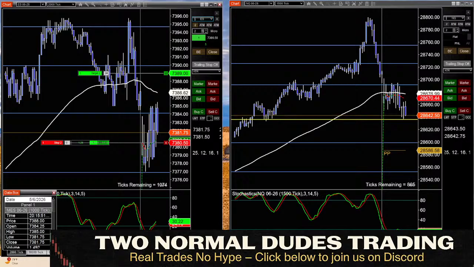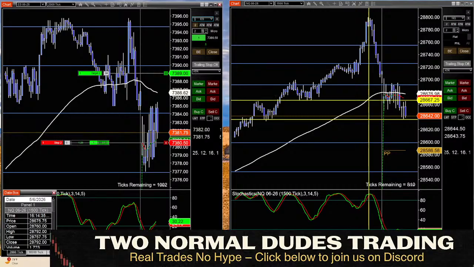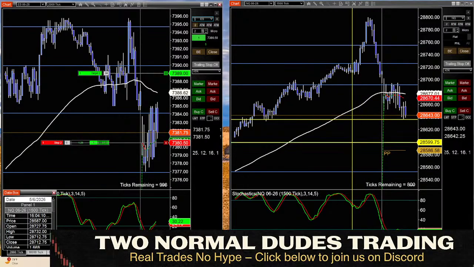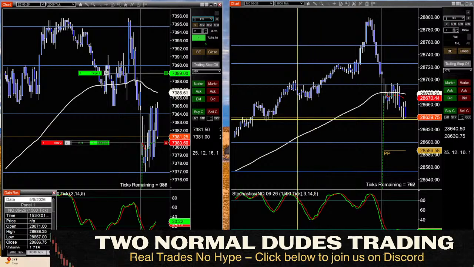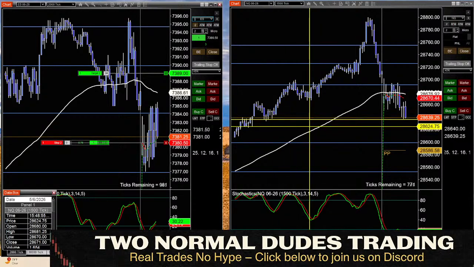Watch it at 38. If we get a bounce off of it, we can go back long. If we get a solid close below it, you can short it for a quick 10 or 15 point scalp, but you can short it for more than that. We'll see. You've got a 20-point scalp in it.